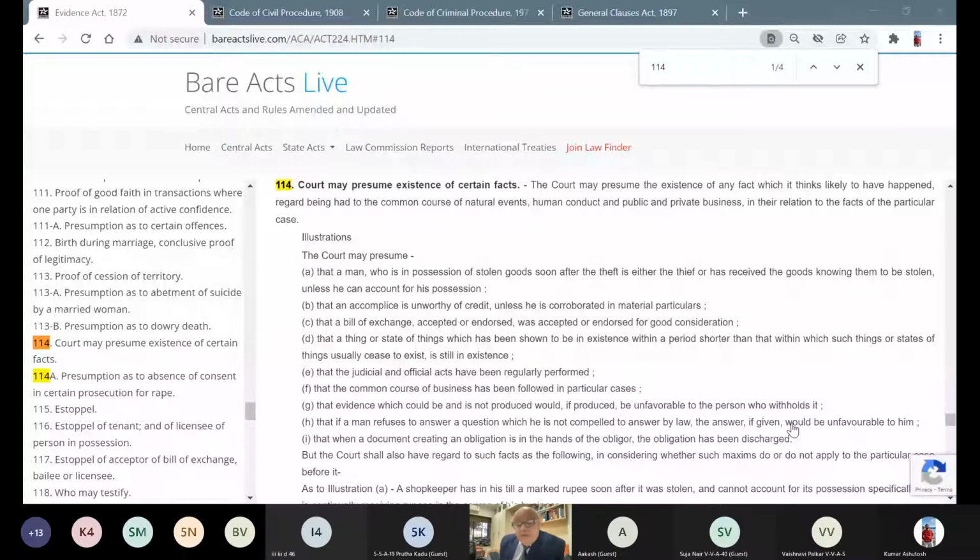So the police officer will ask him, please explain ये मोबाइल फोन कहां से आया आपको, किसका है, produce the papers. If he is unable to produce the papers, the court, the police officer can presume that he has stolen the article. It's a stolen article and he's a thief. Number one, he's a thief or he has stolen it,